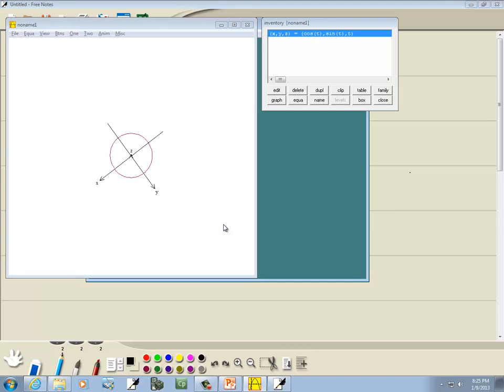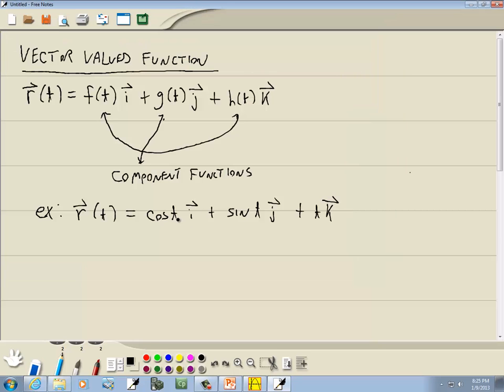Now when I look at just these two axes right here, this is our x and this is our y and this is our z. So I'm ignoring this last piece. If I look at this first piece, we've got cosine t and sine t. Let me write this down here. We've got x equals cosine t and y equals sine t. We can square both sides, so x squared equals cosine squared t, and y squared equals sine squared t. Then if I add these two together,